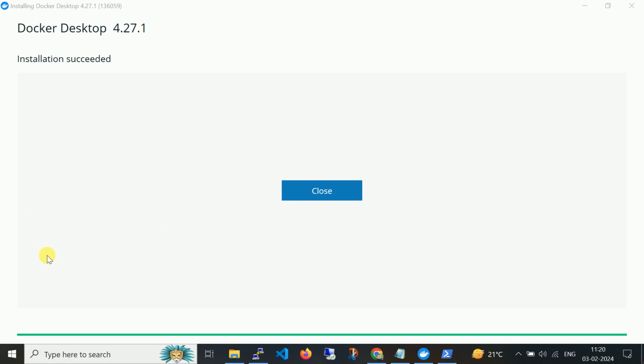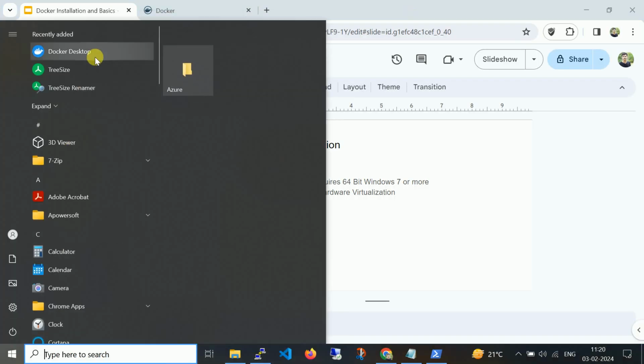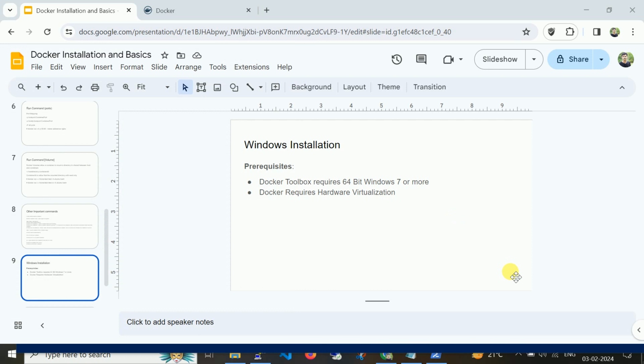So here the installation succeeded message is there. Let me close it. Now there is an icon called Docker Desktop. Let me open it.